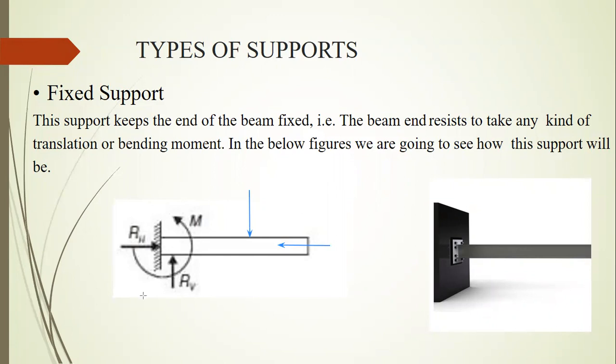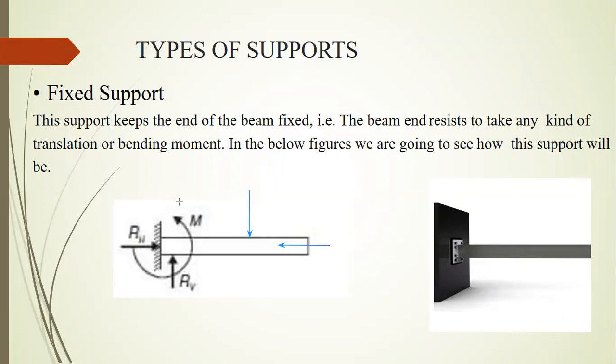So these forces will resist the change or deformation of the object in a particular beam. Here you can see the live example for a fixed beam. If a beam is connected to a column by bolts, then we can consider it as a fixed beam, fixed support. Usually, for fixed support, you have to remember that there are three reactions: one is horizontal, one is vertical, and the third one is the moment reaction.